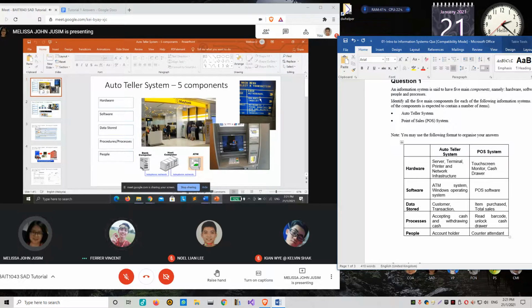Now we're talking about the data stored inside the database, because if we enter our PIN number but your name is not there, I don't think it can process, right? So basically, you need the data to be entered first. Remember, when you do your database assignment, you need to key in records into each of your tables.